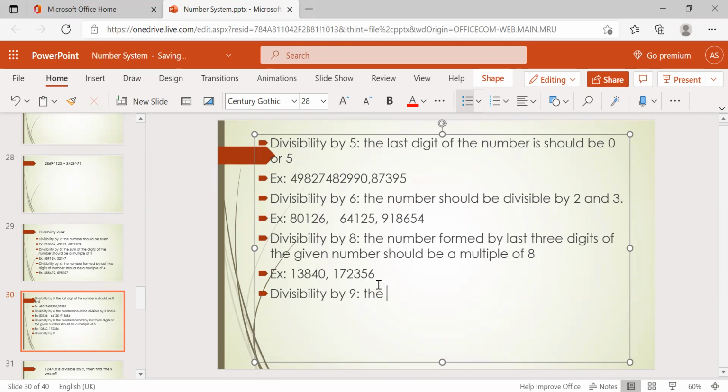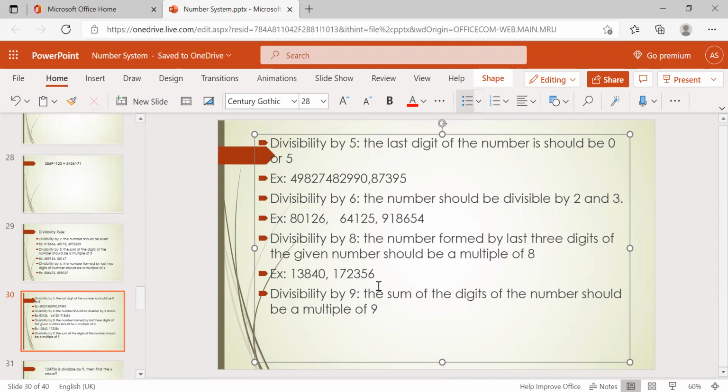The sum of the digits of the number should be a multiple of 9.